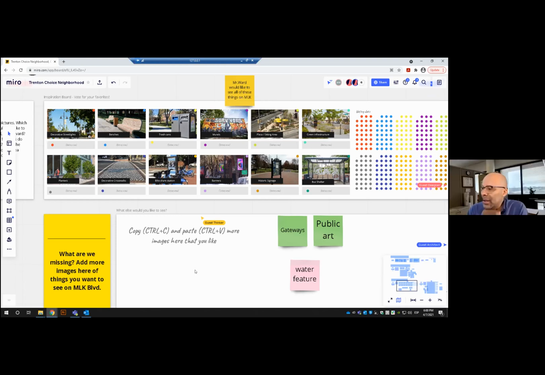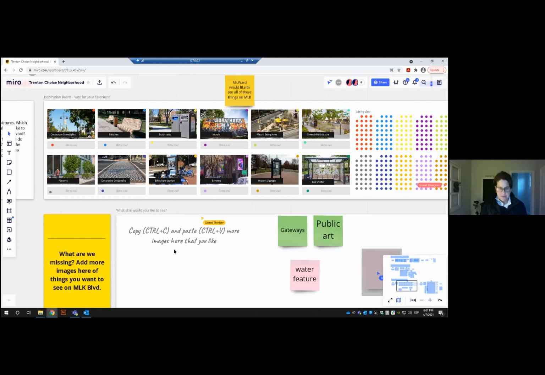All right, so it is 7 o'clock, and I do know this session is supposed to end at 7 o'clock, and to be respectful of everyone's time, I guess the question is, do people still want to stick around a few more minutes and continue this conversation, or would you rather just go and add information? I believe this is going to be available for anyone. How long is it going to be available, Stacy? We can keep it up for the rest of the week if you'd like, or over the weekend. For sure, if people would like to explore it.